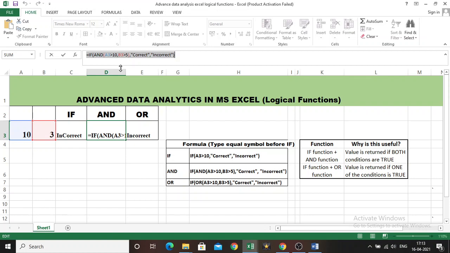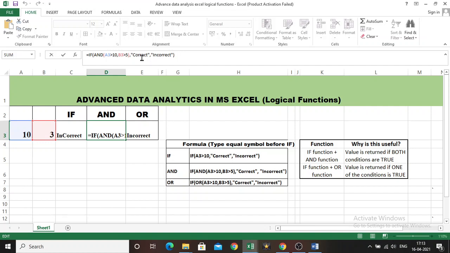The moment you type AND, the keyword will appear. You can click it, and automatically a round bracket will open. Otherwise you have to type the round bracket. Then type A3 greater than 10 and then B3 greater than 5. Close the round bracket. Here you are closing the AND function's inputs. So close the round bracket.